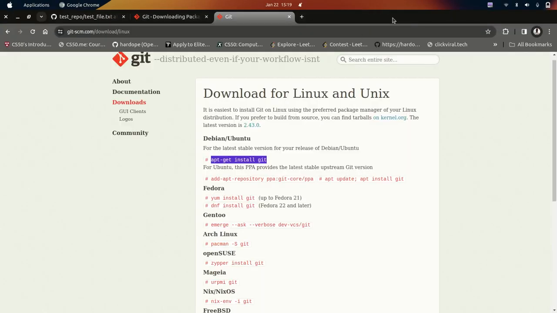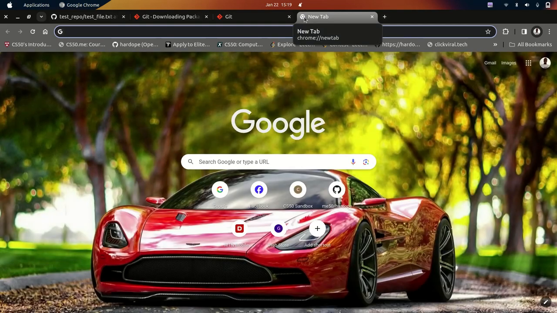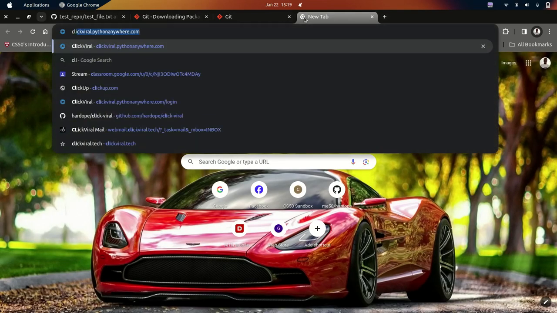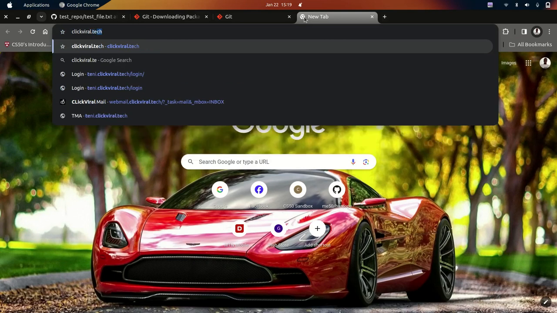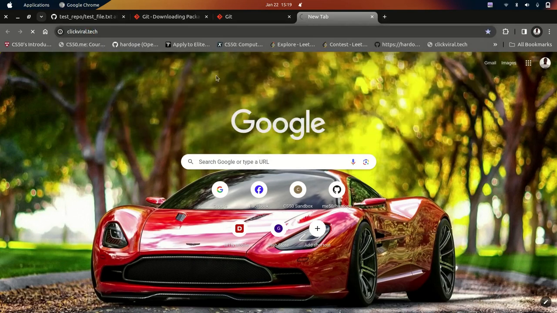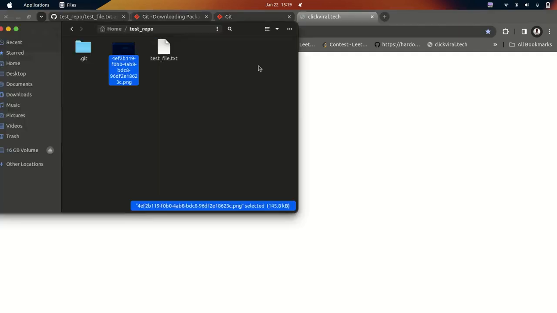But now what if I also want to see the contents of a web page? You can also do that, but we won't be going deep into that for now. Let's just take a look at a simple example. I have this click viral tech page. You can see this is a web page, but it's something very simple and small. It only tells you hello world when you visit it. Now this is a response. If I want to see the same response in my terminal, what I do is